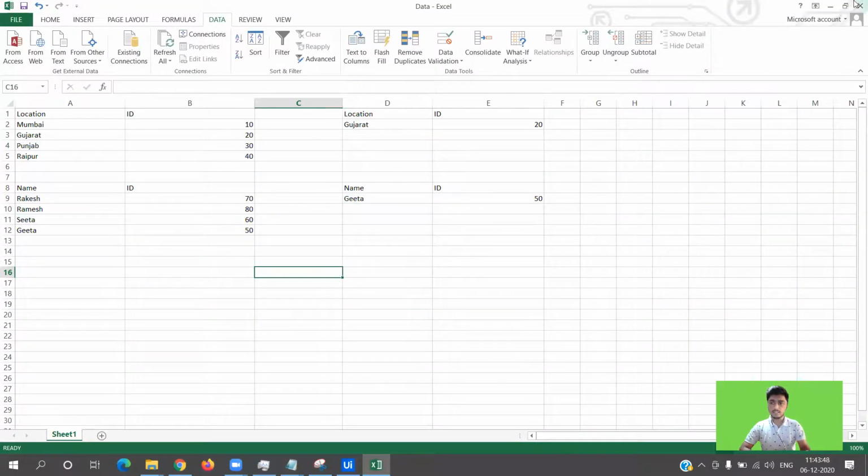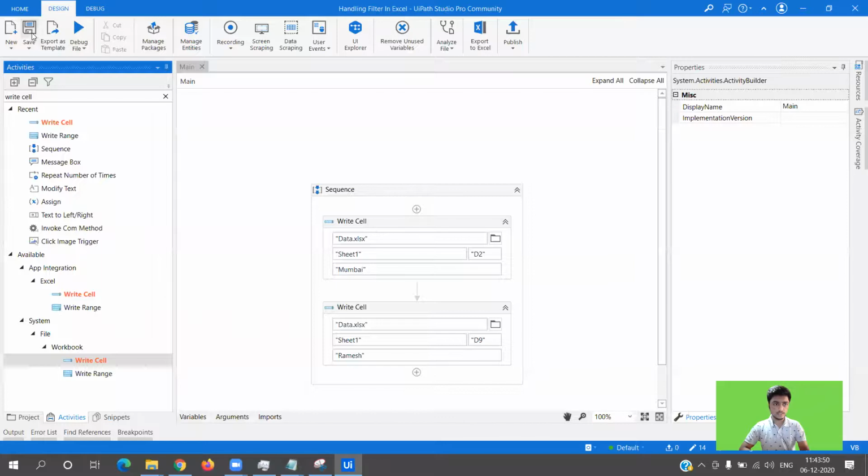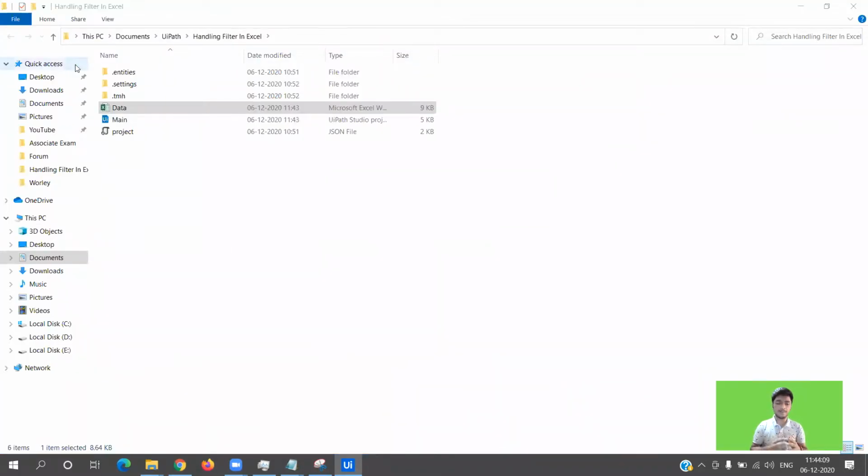So now let's just save it, close. One important thing is the value that you are writing should be the same as the value that is present over there. So when you get the template, see in the values how they are case sensitive and type the same value over here, and this particular filter situation will be handled.